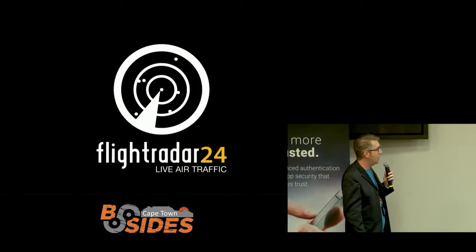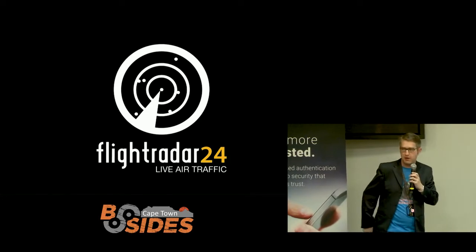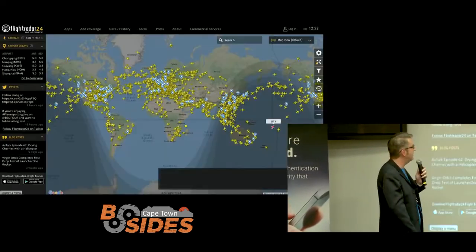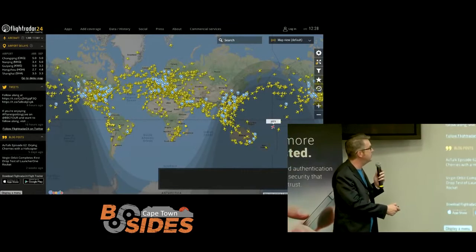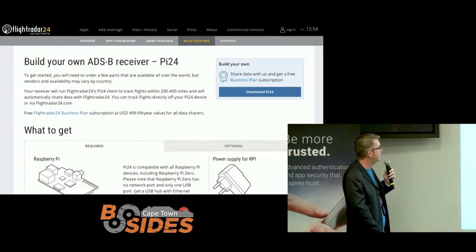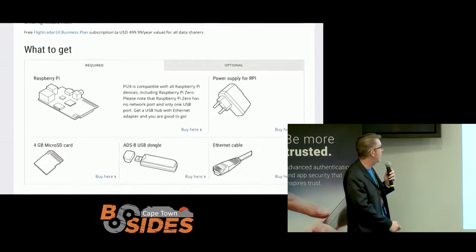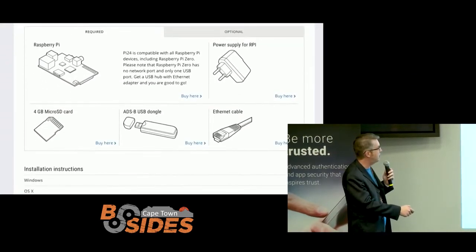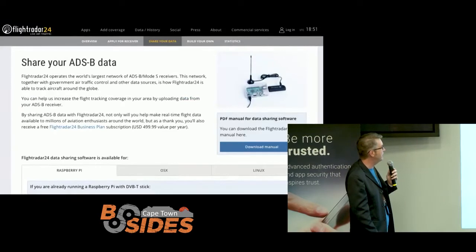So lots of fun. Who uses Flight Radar 24 at all? So there's this whole community thing, lots of planes being tracked by these guys, and you can contribute data yourself. So if you live in a remote area or somewhere interesting, they've got a whole guide where you can use a Raspberry Pi and one of these dongles and contribute data